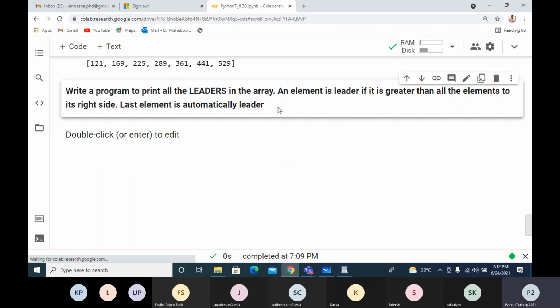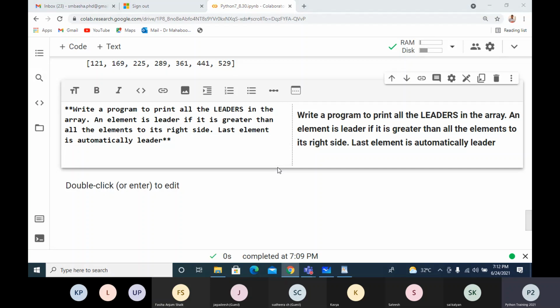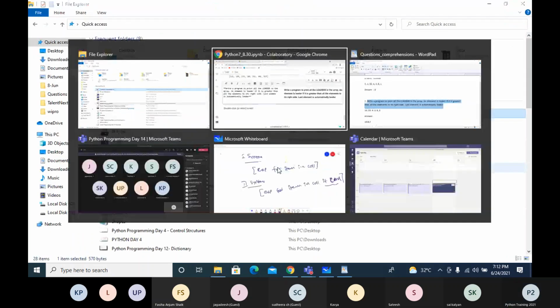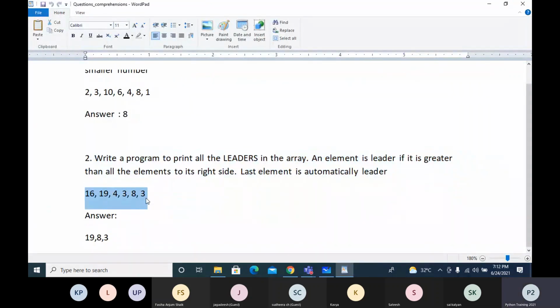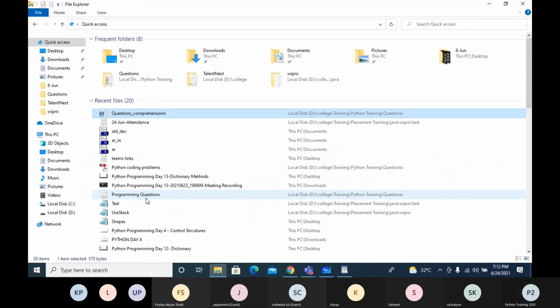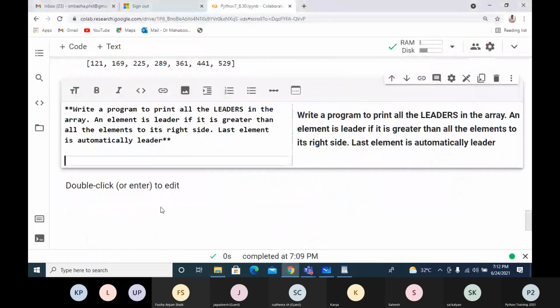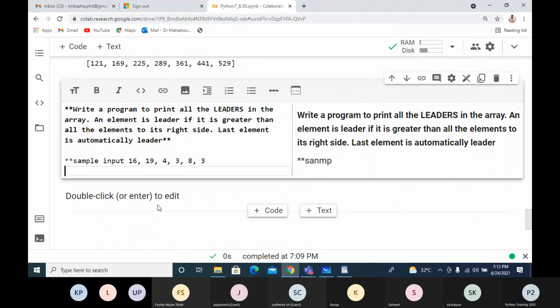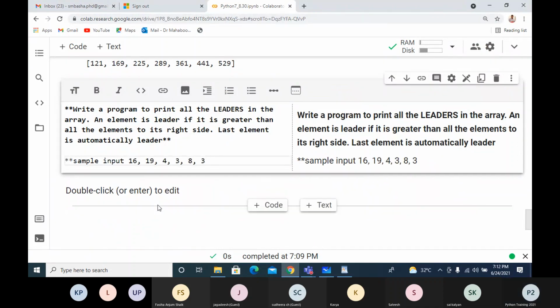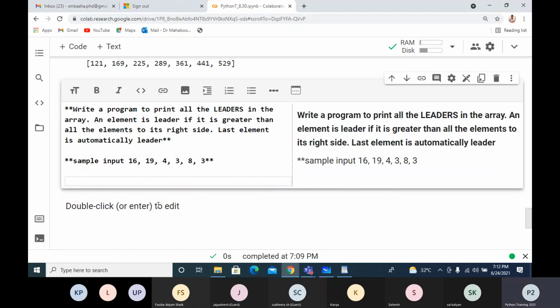And here, this is the sample input. Now output is 19, 8, 3.